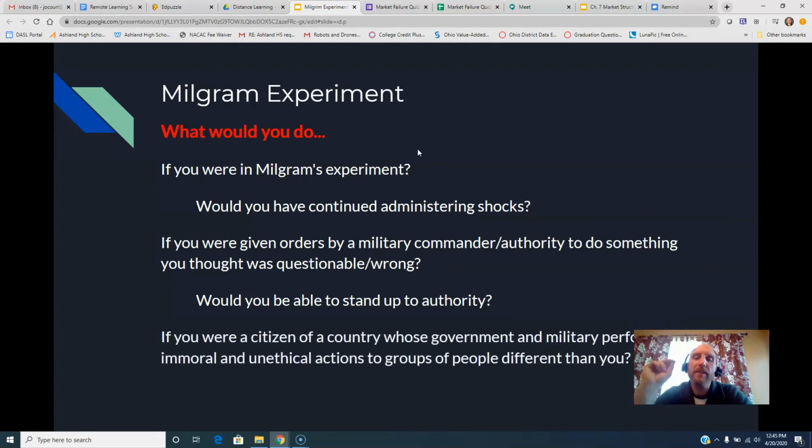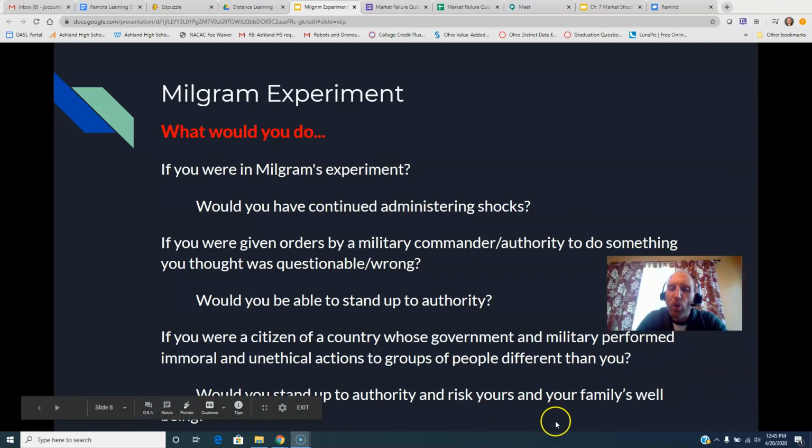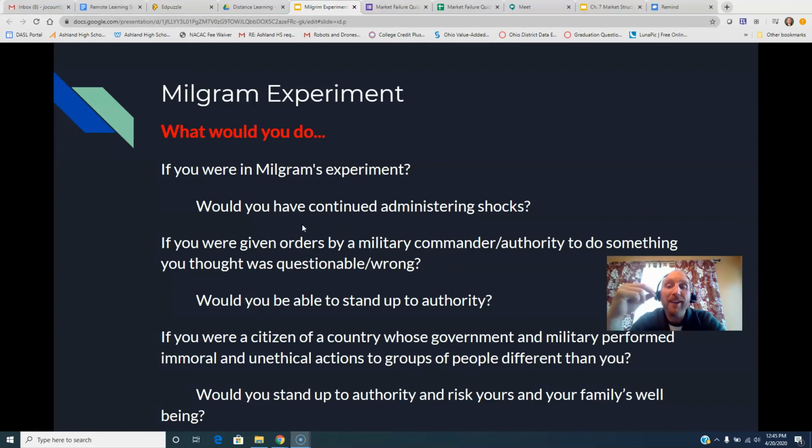And if you were a citizen of a country whose government and military was performing immoral and unethical actions against groups of people different from you, like say Jewish people, for example, would you have the ability to stand up and risk not only your well-being, but your family's well-being, to stand up to authority and to speak out for a group that is different from yours, an out-group? Would you, in other words, in Nazi Germany, if you were the average citizen,